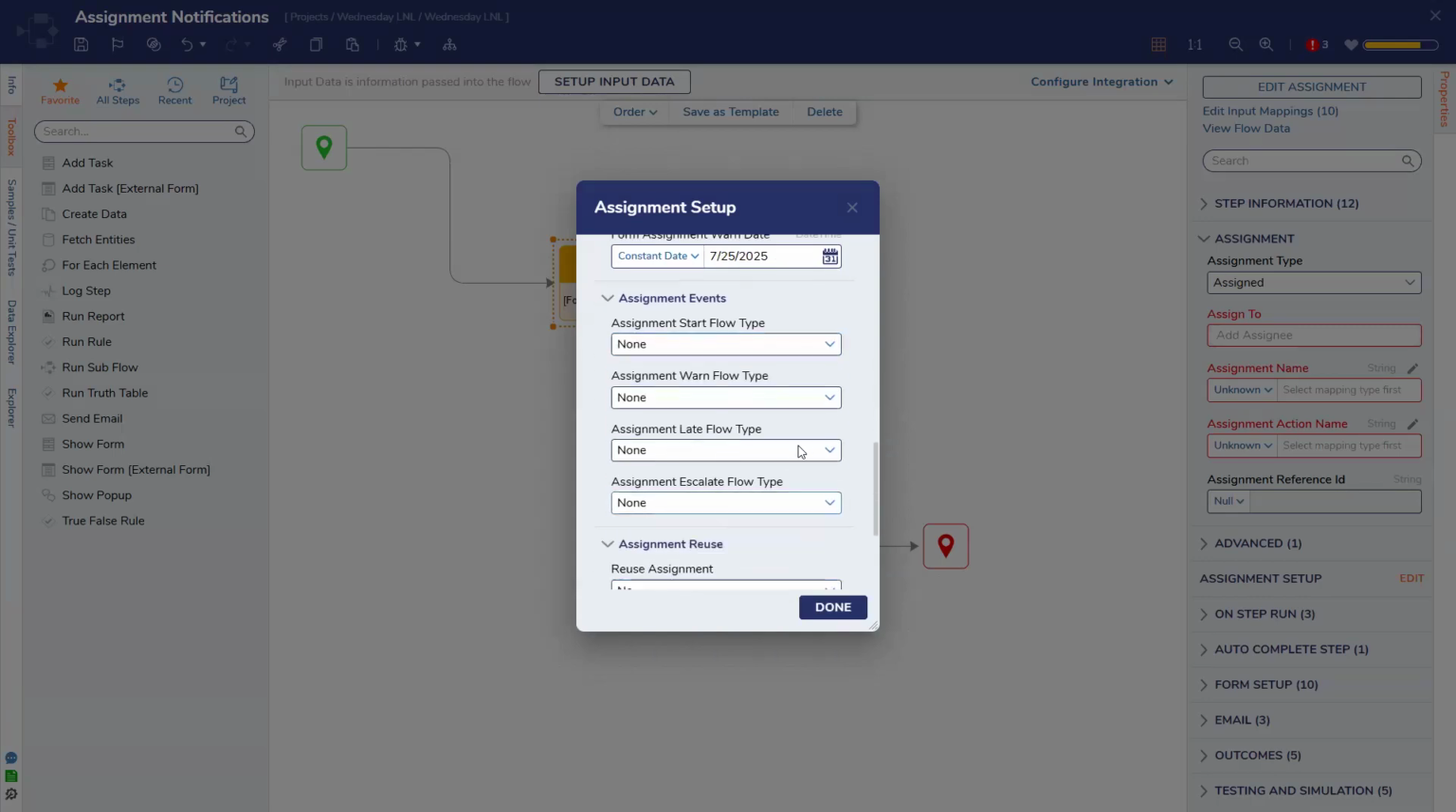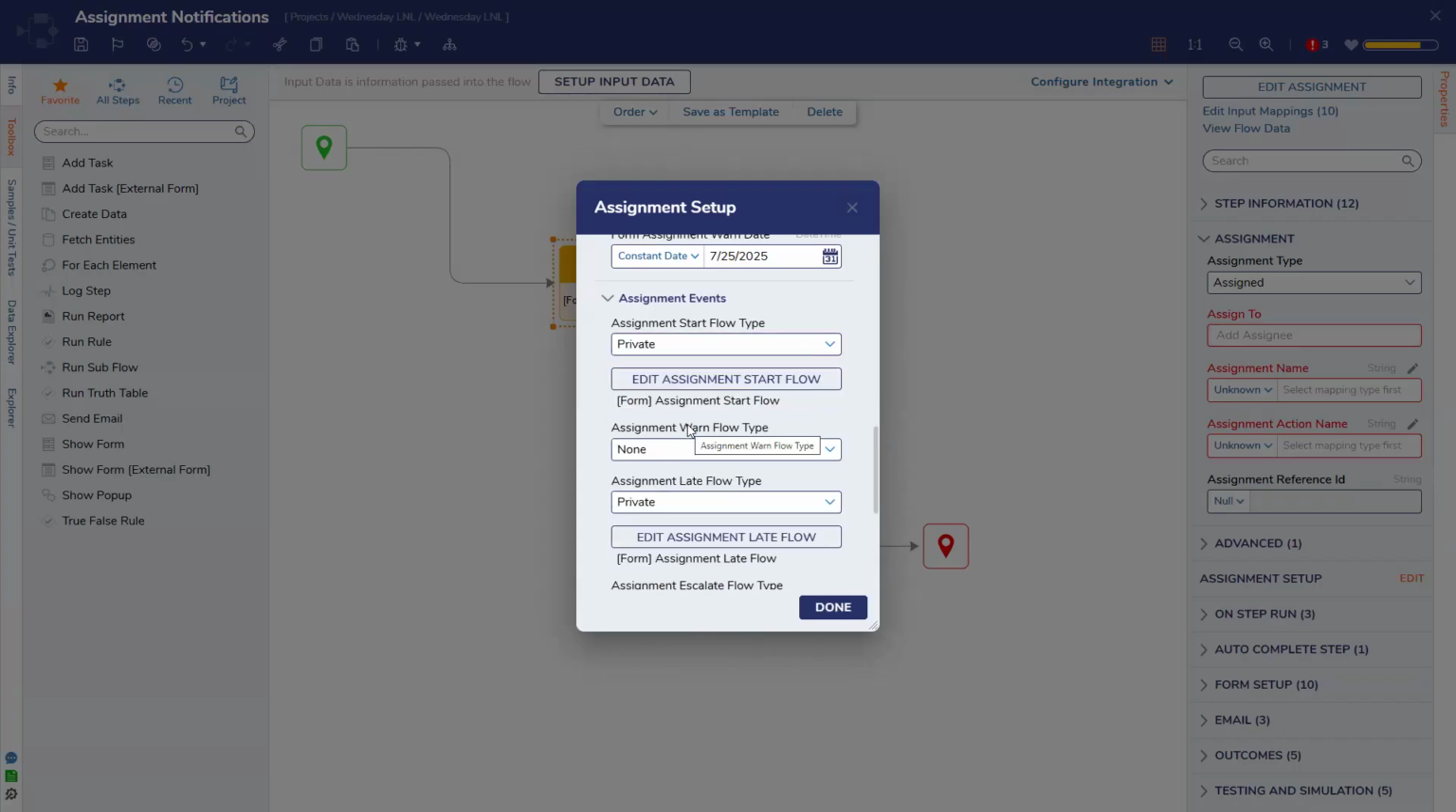Actually, not for a start type, for late. We use a private flow for the start flow type, if it makes any difference. Do you use start flow type or late flow type? So for the start flow type, currently we use a private flow and it triggers and it sends out an